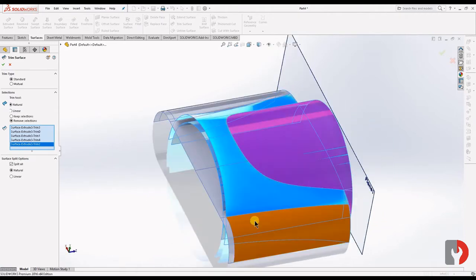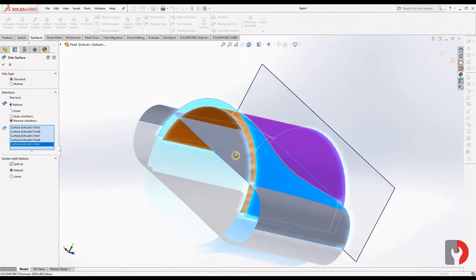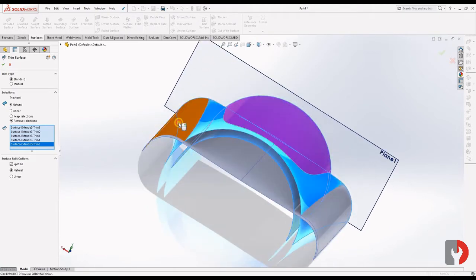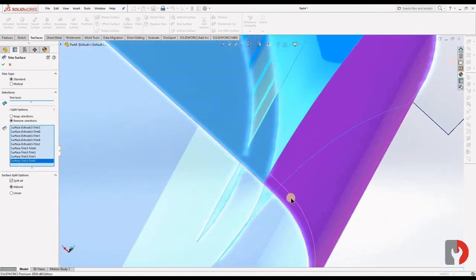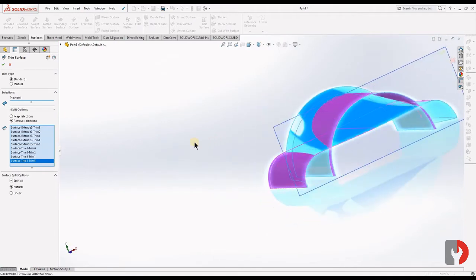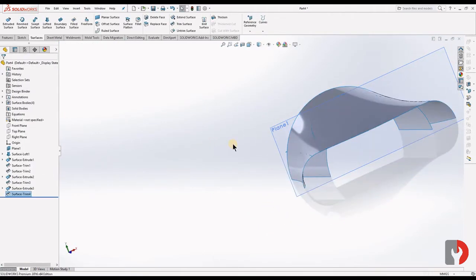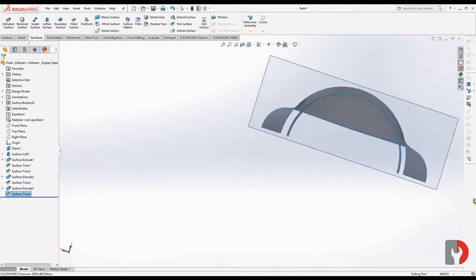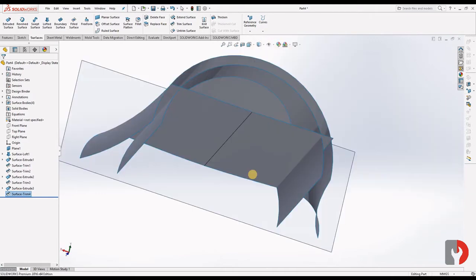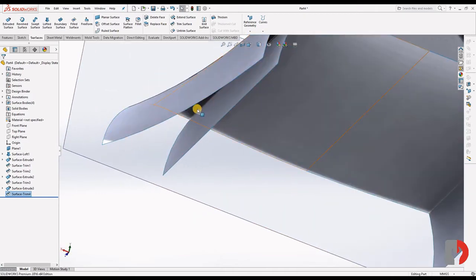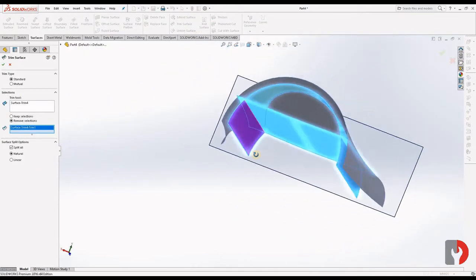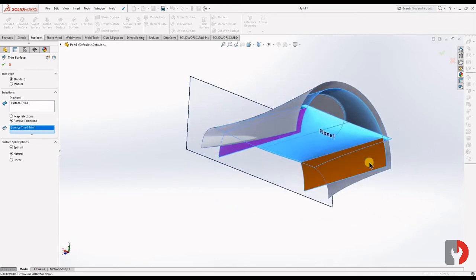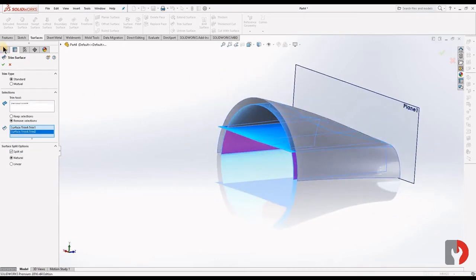Okay. Now we will select this face, trim surface, this and this. Click on OK.